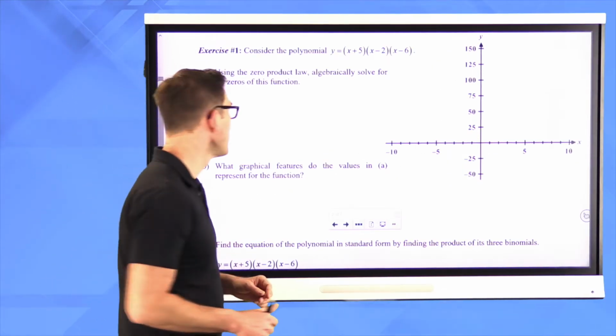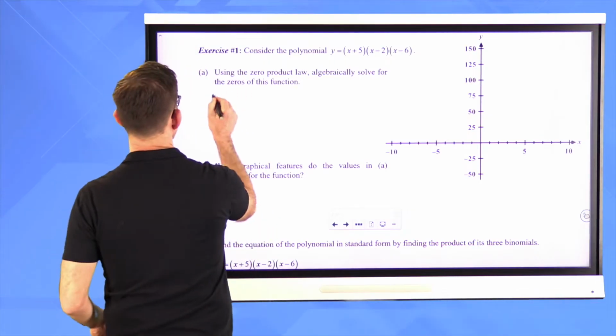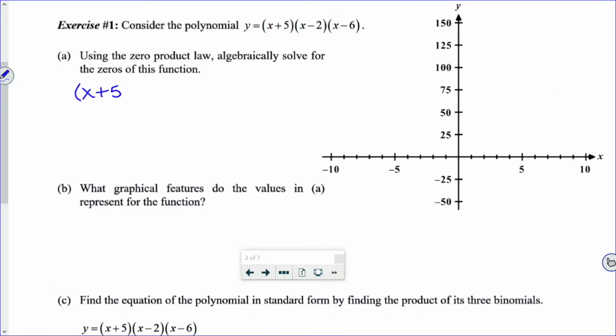Alright, well I like it. I don't have to do any factoring whatsoever. I've got (x plus 5)(x minus 2)(x minus 6) is equal to 0. When I have the product of two or more things equal to 0, I can set each of those equal to 0. So x plus 5 is equal to 0,